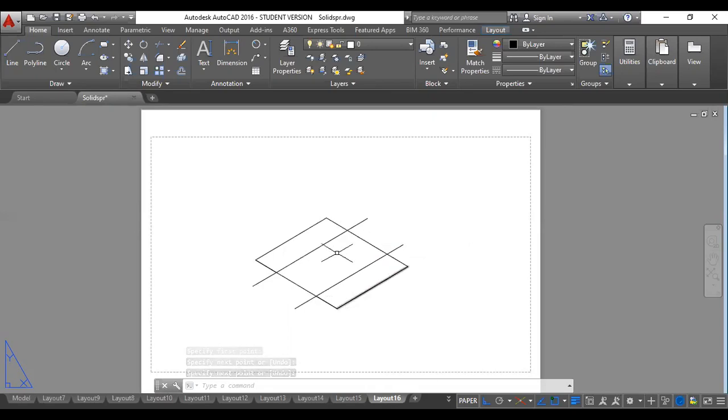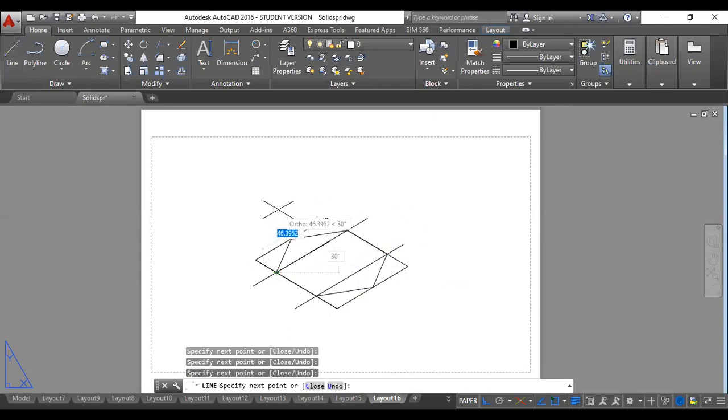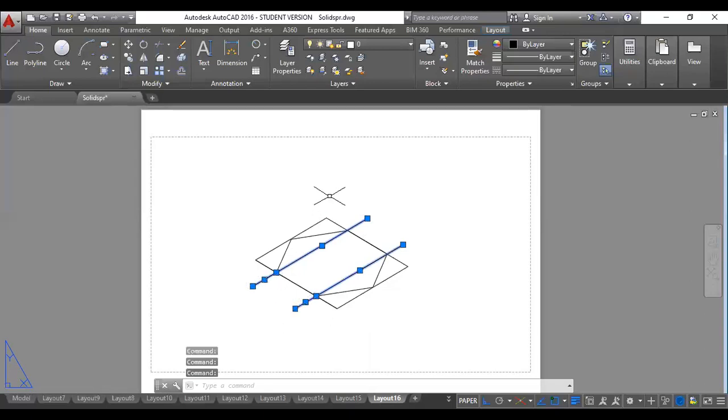So I require C and F now. C and F are exactly at the center of this, at the center of this. So now I'll take the line command. So this is A, B, C, that's the midpoint, D, E, and C, it is showing midpoint, F, and back to A. That's it. So the hexagon is done. Whichever lines I don't require, I'll just delete them. So this is how I have traced the hexagon within this isometric length.